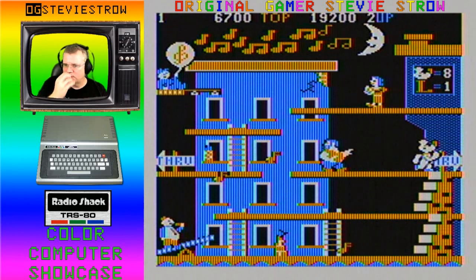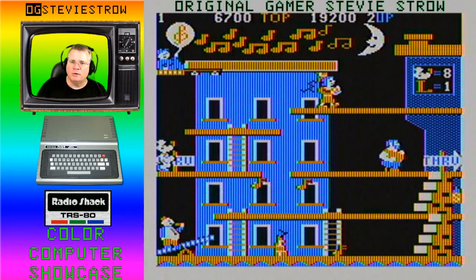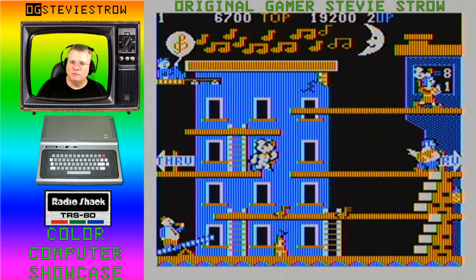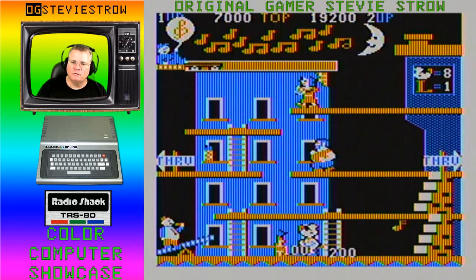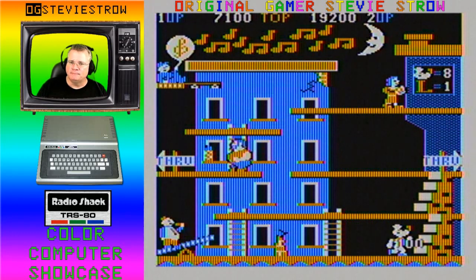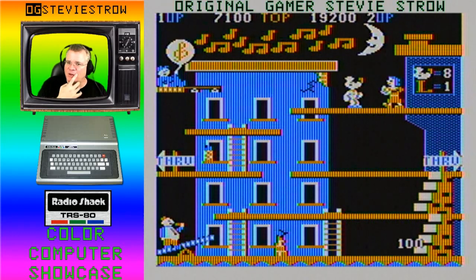He will destroy you. However, you do have a power pill in the fact that you have a can of spinach. So once per life, or at least once per board anyways, you can use that can of spinach, that power pill, and punch him out. For a brief period of time, Popeye's face will turn red, and he's got a superpower, and he can punch out Brutus. And so I've just finished round 2,